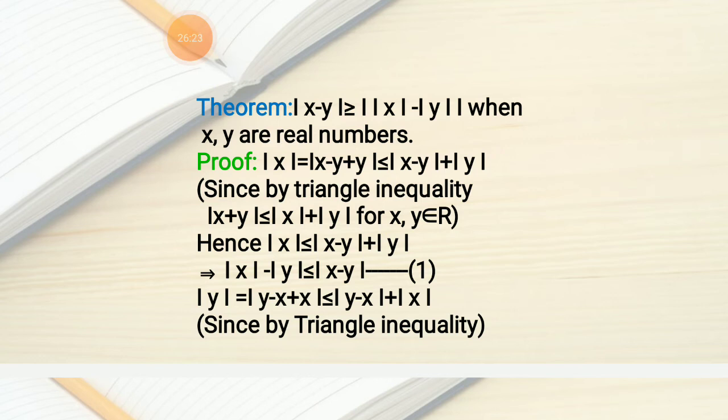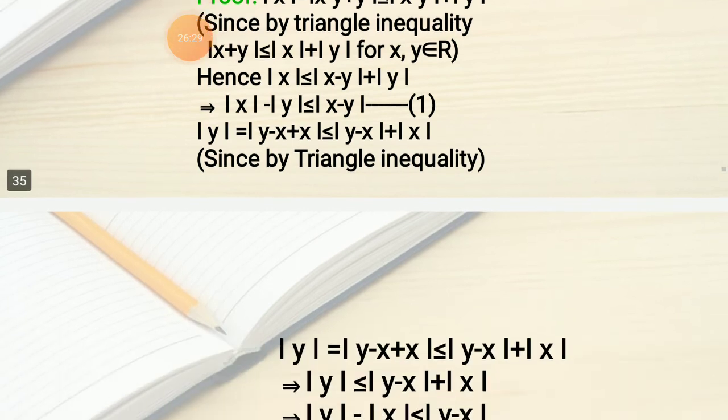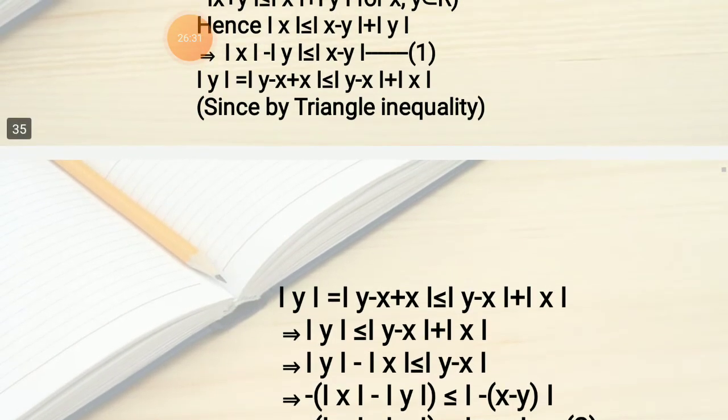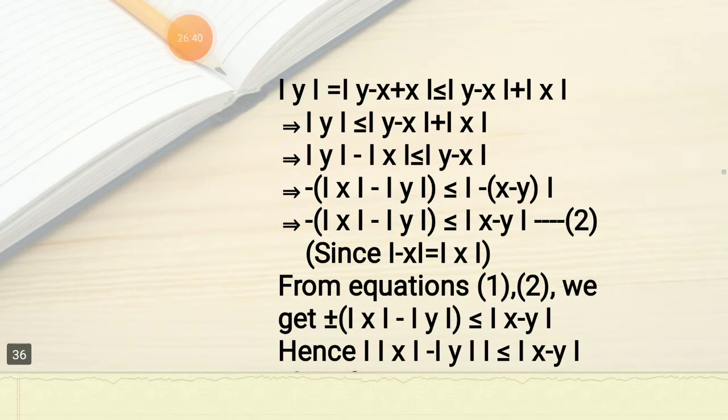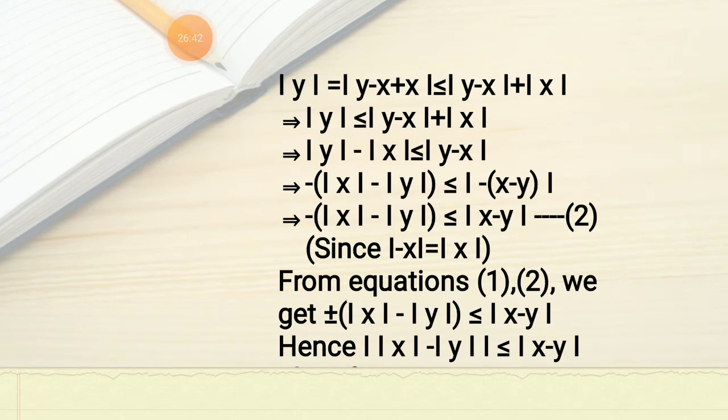So mod y is equal to mod of y minus x plus x, which is less than or equal to mod of y minus x plus mod x, as earlier, by the triangle inequality. So mod y is less than or equal to mod of y minus x plus mod x. Sending mod x to the left side, mod y minus mod x is less than or equal to mod of